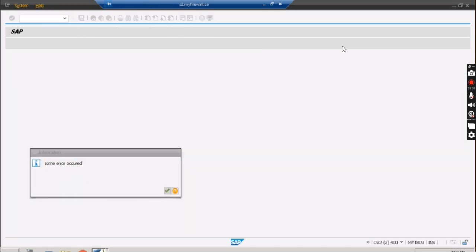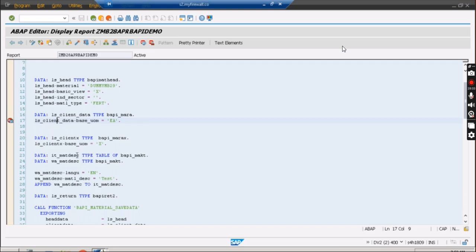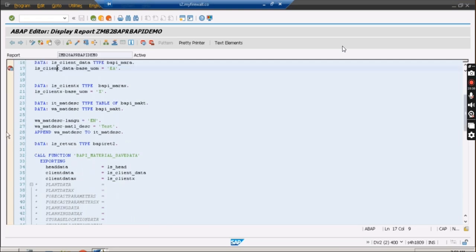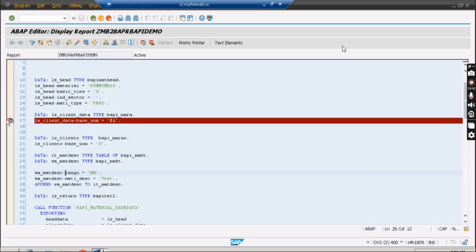Some error occurred, no problem, click on this. You can see that the breakpoint I put during the debugger session is not there, but this one is there, because this breakpoint is the session breakpoint.